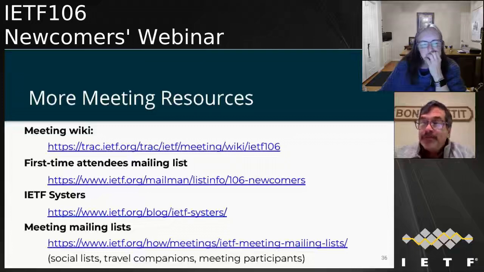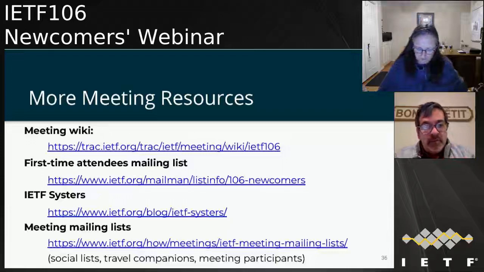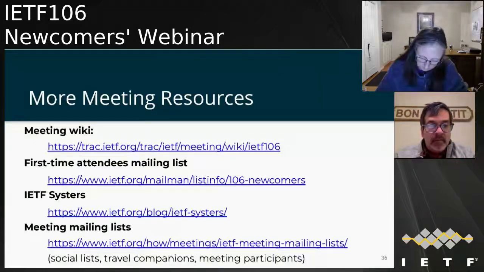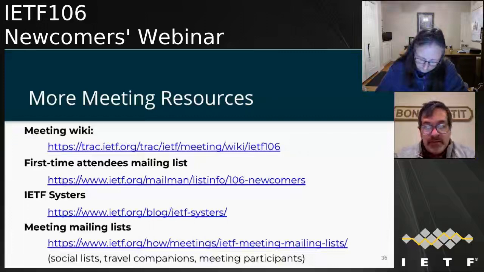It's pretty low volume, and we'll have details about other activities, some of the ones Karen mentioned, and just a general, hey, let's get together for lunch. And I met some people the other day. Let's get together. Sisters, Karen mentioned, a socially oriented group for people who present as women, female. There's a bunch of other mailing lists. There's a social list. There's travel companions. We have a lightweight program for spouses or significant others who are coming along. Some self-organizing sightseeing trips and things like that.